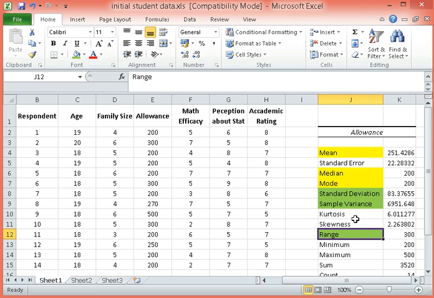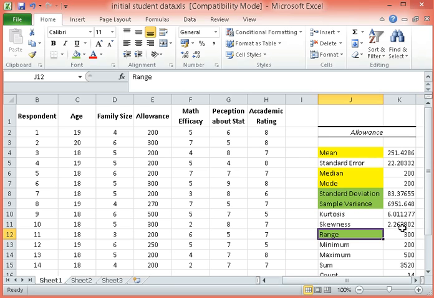There is also other information here, for example kurtosis and skewness, which tell you about the normality of the distribution, which hopefully we will be able to discuss some other time. Ideally these values should be close to zero if the data are normal, but as you can see they are quite far from zero.